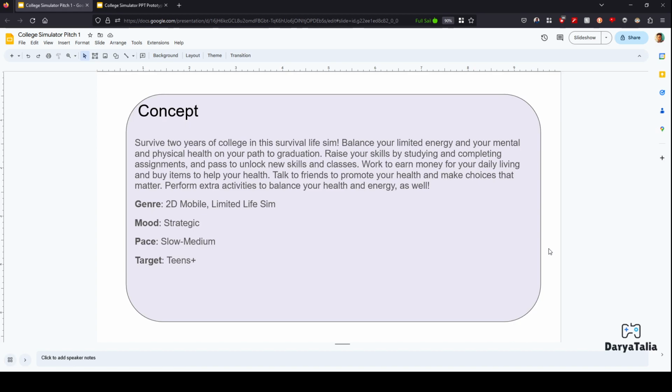Talk to friends to promote your health and make choices that matter. Perform extra activities to balance your health and energy as well. It's a 2D mobile, limited life sim. It is limited because it focuses on just the concept of college with the accessory of work and school or